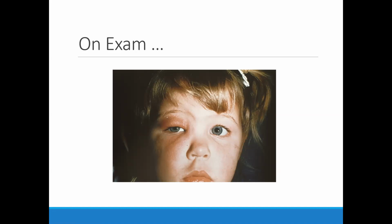The key finding here, though, is that the eye is white. If the eye is white, the chances of orbital cellulitis are almost none, especially if the extraocular movements are also normal. You should definitely refer to ophthalmology right away. But in those cases, we wouldn't scan this patient. We would treat with PO as a preseptal cellulitis